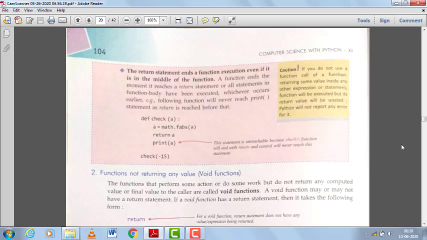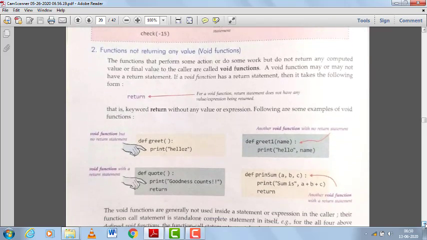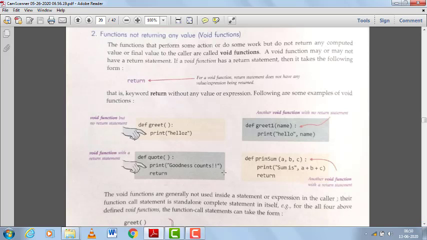Now next, function not returning any value, that means void function. Second type of function, if a function is not returning any value. Here there are four examples where we are not returning any value. Such types of functions are called void functions. def greet, we are just printing hello inside the greet function, but we are not using the return keyword in this function. Again, def greet1, it has a parameter, and prints something.